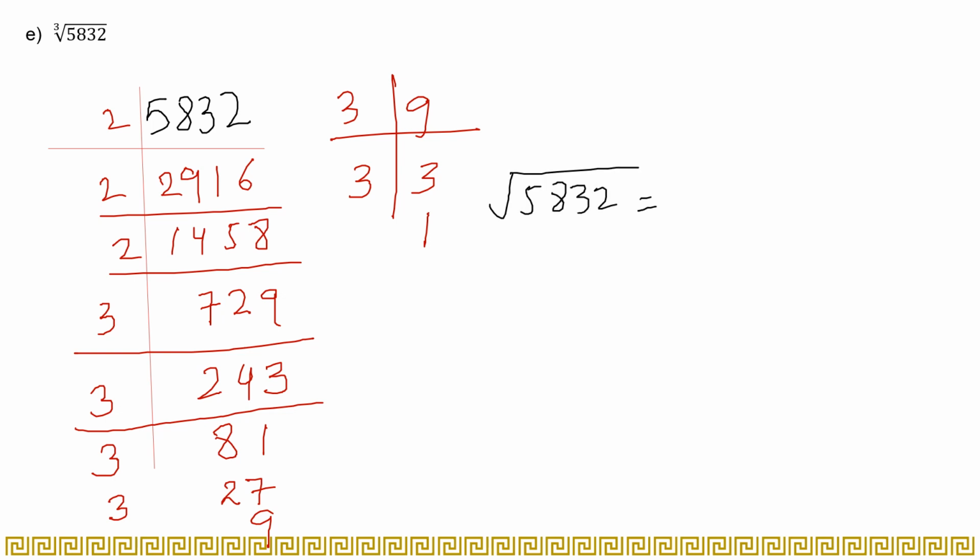5832 is equal to, again applying root. Now here in this case we have cube root, we have to write 3 here, right? And here we have to write 3 as well. Now write the numbers. 2 multiplied by 2 multiplied by 2 multiplied by 3 has appeared 1, 2, 3, 4, 5, 6 times,